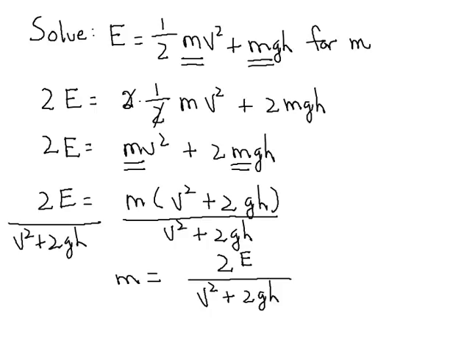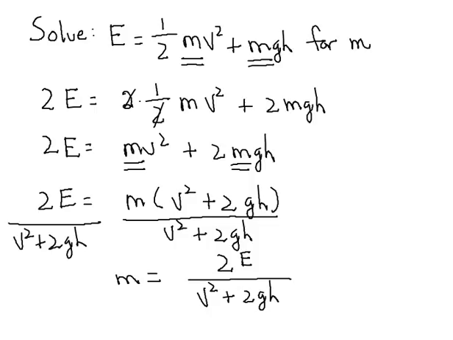gh. Now just in general, your strategy when you're solving a formula for a variable that appears in more than one term will be to put all of those terms involving that variable on one side and all of the other terms on the other. Factor that variable out from those terms that it's contained in, then divide both sides of the equation by what's left inside the parentheses. Now, I know none of you would think about doing this, but please note in this